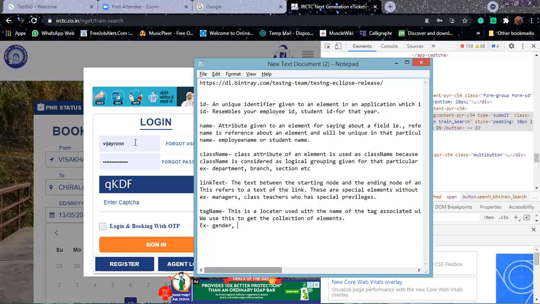we have something called XPath. Make a note and the next line. Small x, path with p also small, is an XML path. This is an XML path.